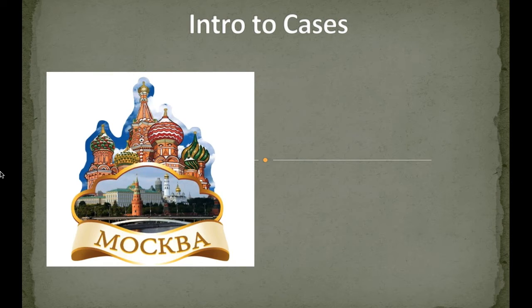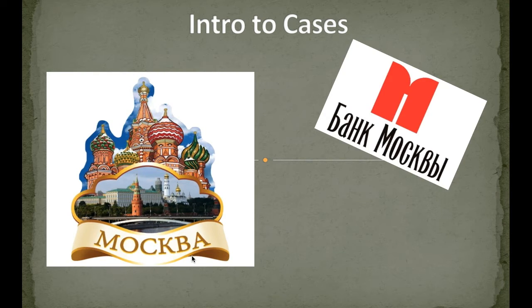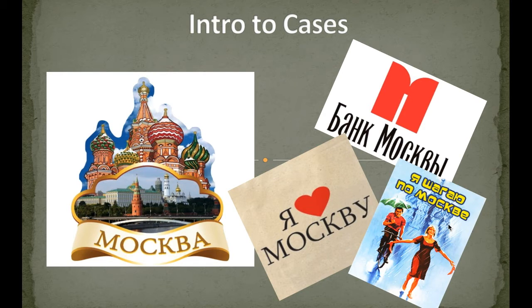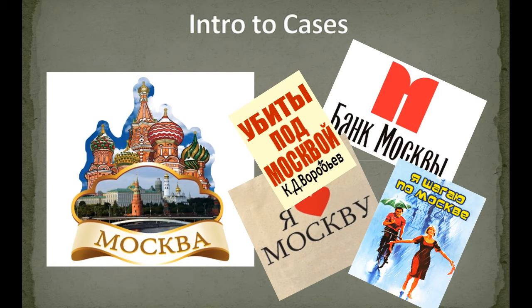So for example, you probably know this word, right? Moskva. Right, Moscow, okay? But what's going to start happening as you learn Russian is you're going to start to see words that you think you know, but for some reason they look different, okay? So over here, Bank Moskvy. Okay, why did Moscow just turn to Moskvy? Okay, over here all of a sudden it's Moskvu. Right here it's Moskvye, and up here it's Moskvoy. And so your head is spinning and you're thinking, okay, what is happening? I thought I knew the word for Moscow and now all of a sudden it's changing on me.